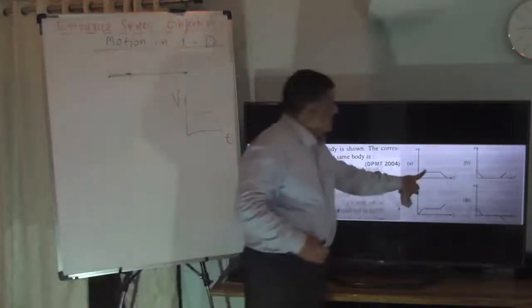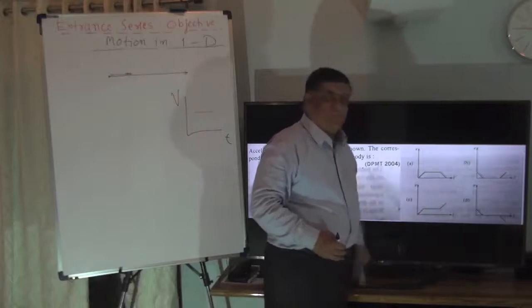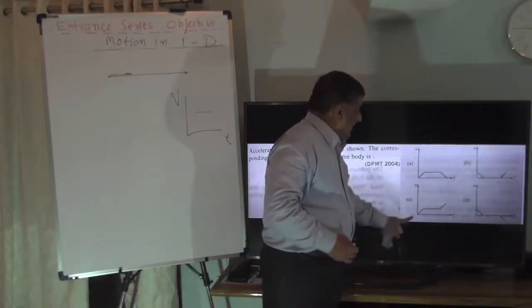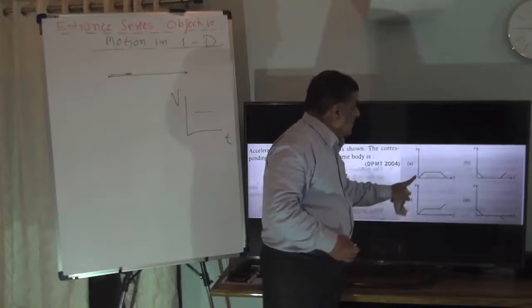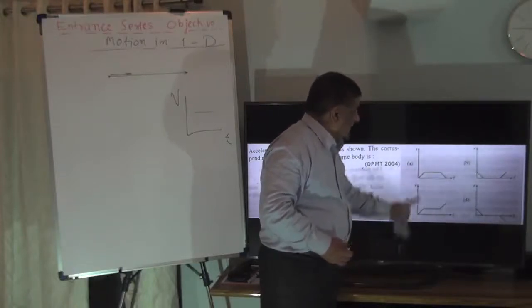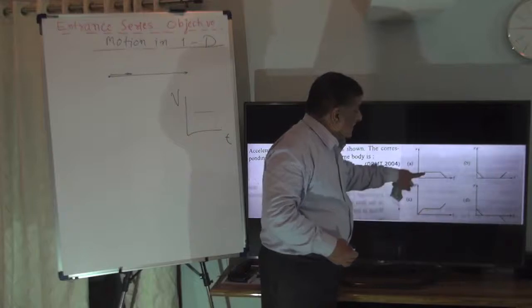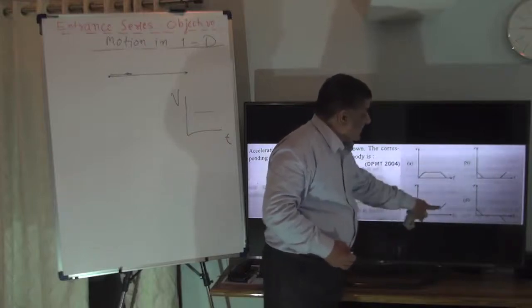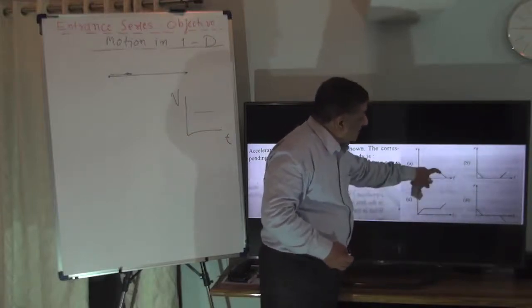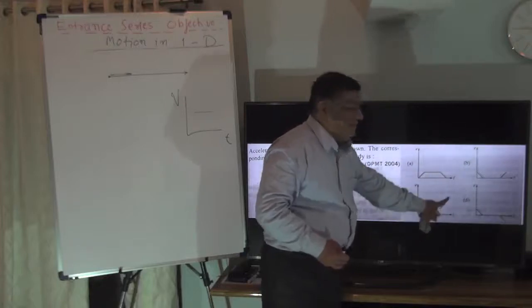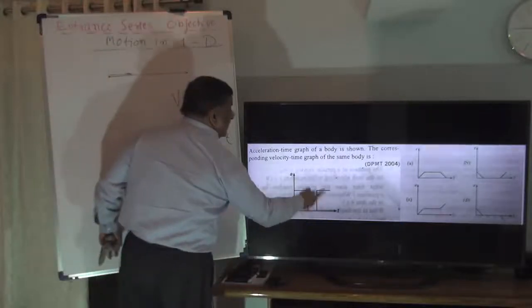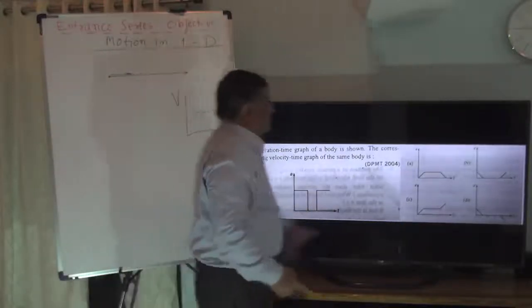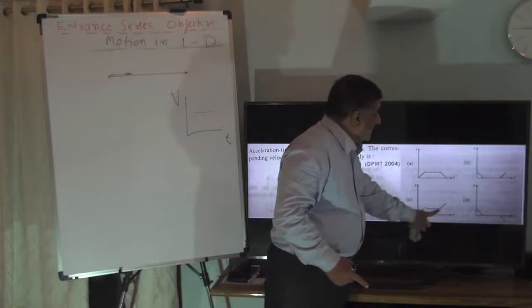Here this is the right one. So this portion correct, this portion correct, this portion correct. How much is acceleration here? Positive. Acceleration positive. Acceleration zero. Acceleration zero. Now here acceleration negative. Acceleration positive. See, in the third part, how is the acceleration? Positive. So positive is velocity increasing, this one.